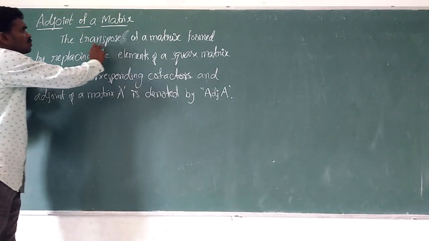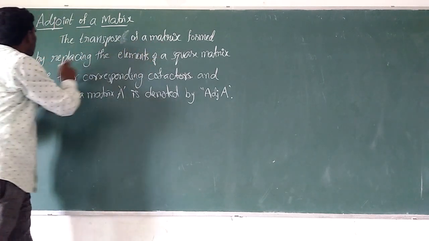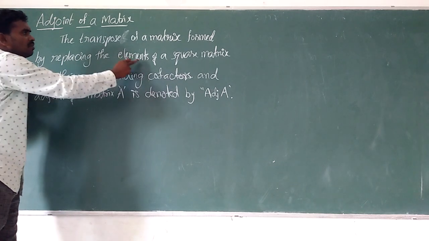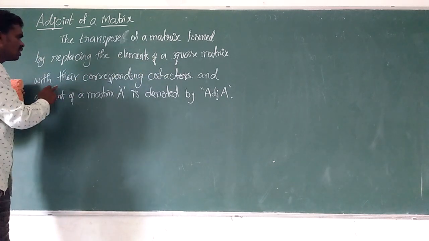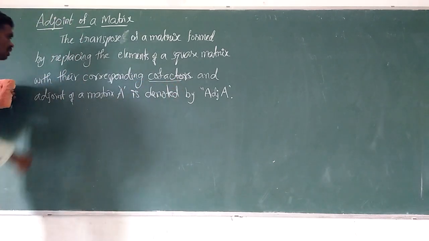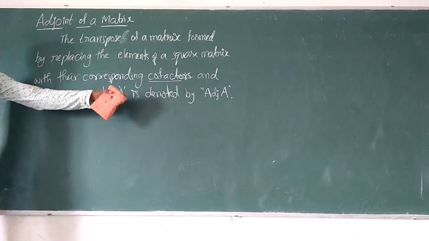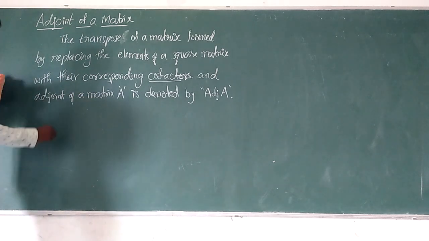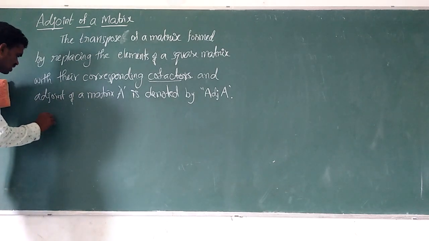Simple: the transpose of the matrix formed by replacing the elements of a square matrix with their corresponding cofactors. And the adjoint of matrix A is denoted by adjoint A. Means, for example,